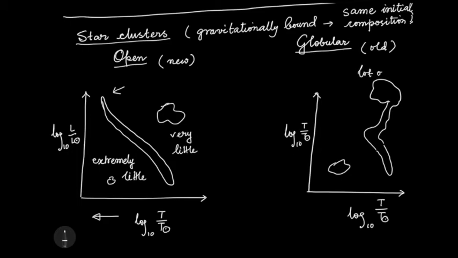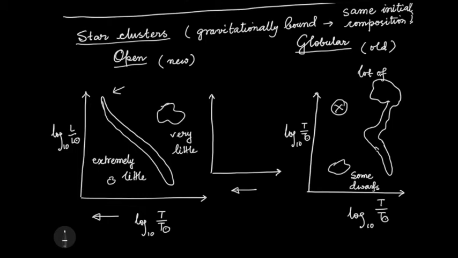There are a lot of giants and quite a bit of dwarfs, and there is no high temperature or luminosity star. Okay, and there is a bridge being created between the part where the giants lie and the main sequence. The top part of the main sequence is depleted, and if you see an intermediate,